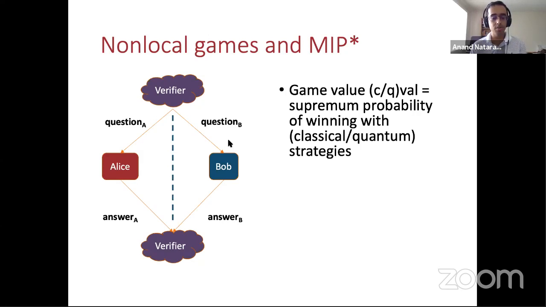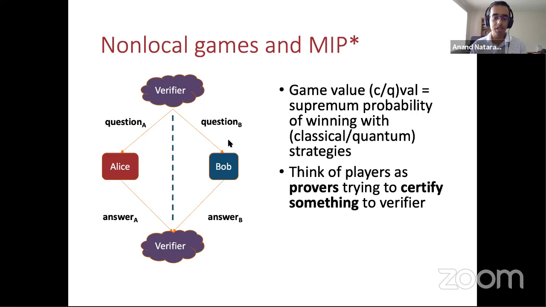Or they could be quantum, in which case they're allowed to share a quantum state with some entanglement, and they can perform measurements on that state when they're playing the game. So there's the classical value, which is the maximum success probability when they're playing classically, and the quantum value, which is the maximum success probability when they're playing with shared entanglement. That's the basic setup for these non-local games, and the intuition that you want to have for all these things is that